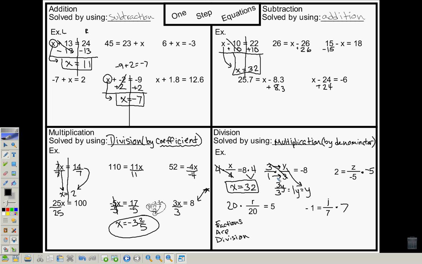Okay? It can be a little complicated to understand all of this, but really what you want to say is, in this example, if I multiply this left side by 20, it cancels the 20's. And I have r equals 5 times 20, and that is 100. Okay, these are examples for one-step equations, addition and subtraction, multiplication and division, how to solve them in a neat and organized way that will help you keep track of your answer. So if there are any questions, you